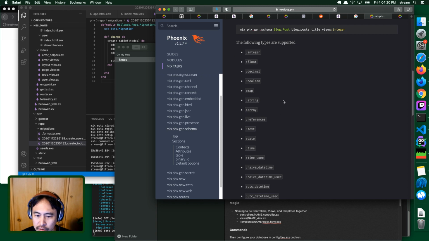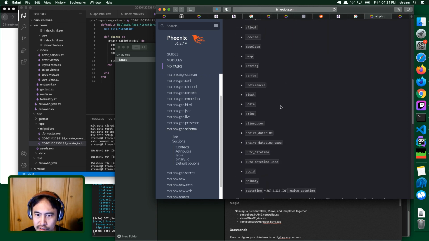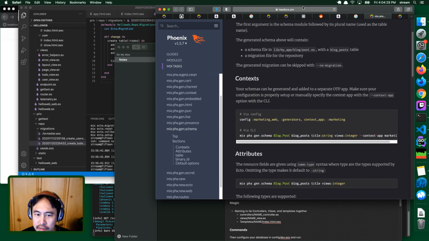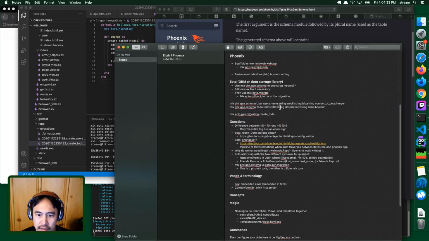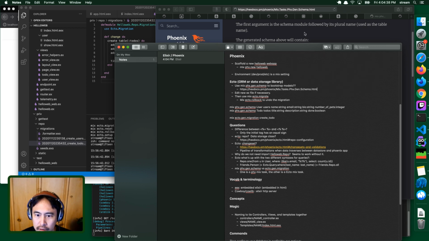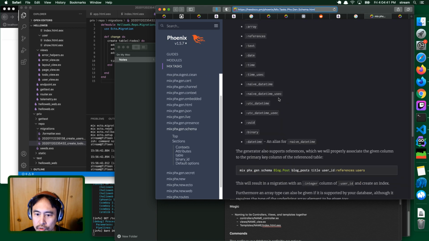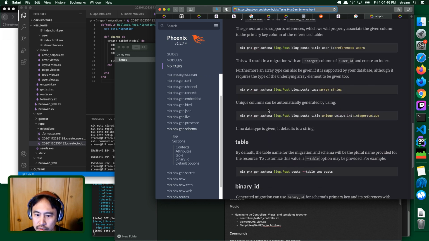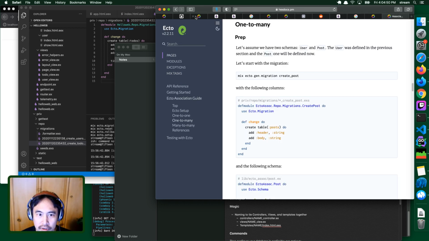Oh, this even has types. Look at this. This tells me the types. I don't have to guess if it's Boolean or anything else. I can just look up this thing here. So where am I? This is handy. I'm going to write this one down. Here's a list of types. Now if I go to ecto